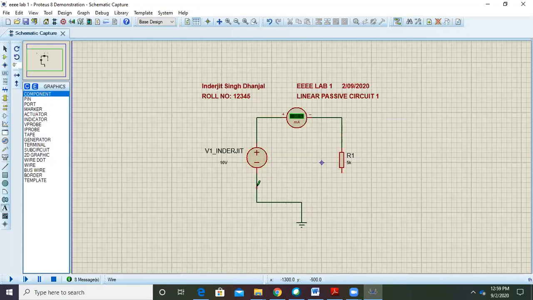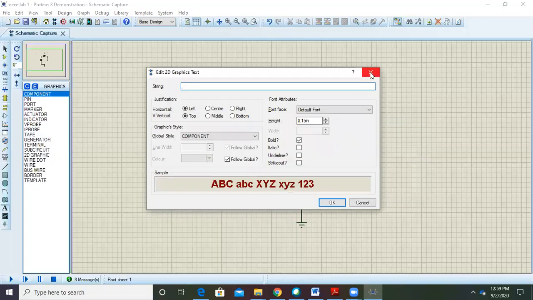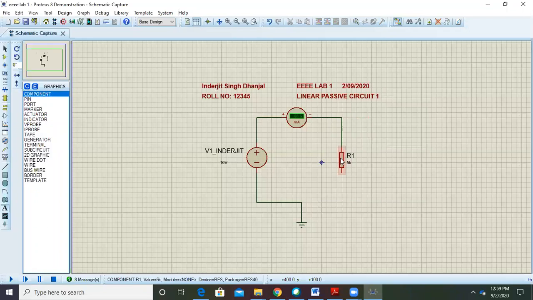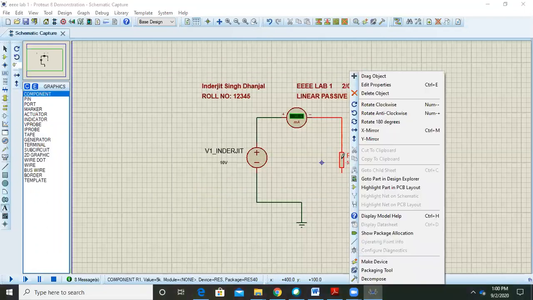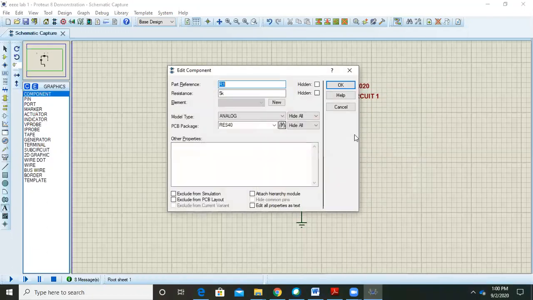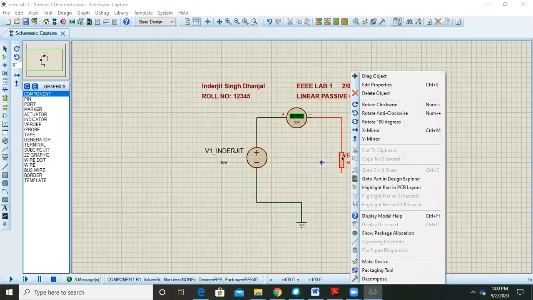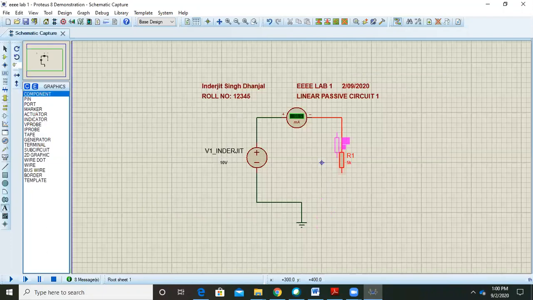And now what I will do is I will place another resistor. So let me pull it up a little. Okay, I want to right click over here, drag it. Actually, I want to drag it up a little. And now I will add the components. So how to add the component?